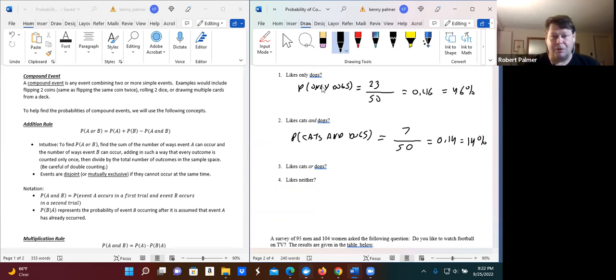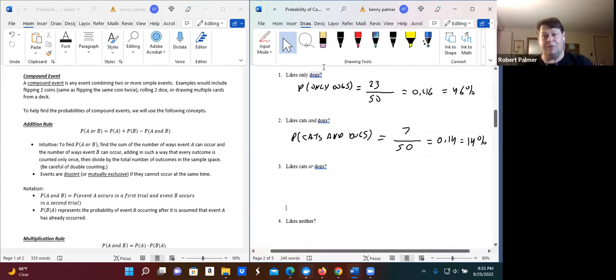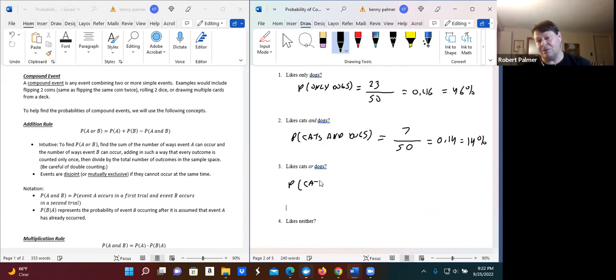Okay. Actually, I need a little more space between the next couple of examples. Now, this one is where we're going to have to use our new rule, and we'll have to think about that. Let's think about this next one. It says like cats or dogs. First off, we understand that's obviously different from likes cats and dogs. So here, likes cats and dogs has to be someone who likes both at the same time. Likes cats or dogs can include these people who like both, but also include people who like either cats or dogs. So the probability of someone who likes cats or dogs